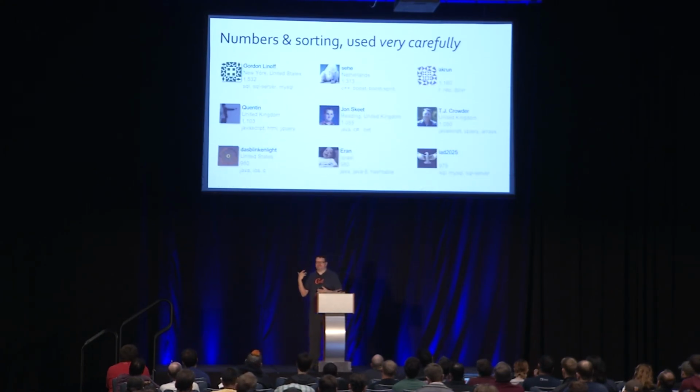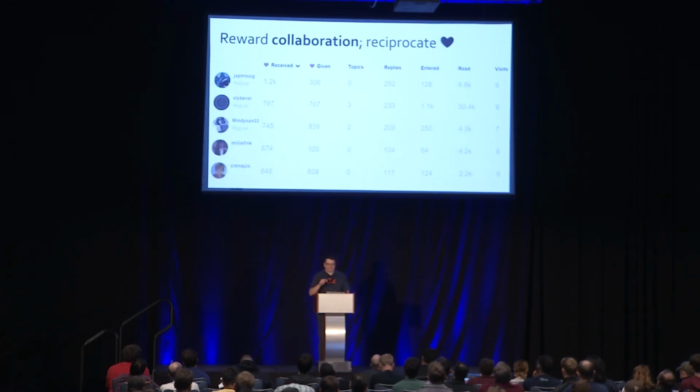So just to contrast this with Stack Overflow for a minute. At Stack Overflow, we sort by reputation score. So what you're seeing here is the weekly reputation scores for people. The sorting here is very important. In Discourse, it's not a system of competition, it's a system of collaboration. Competition, at Stack Overflow, you want your answer to be the best, there can be more than one, but you're still competing at some level. But in Discourse, you're collaborating.